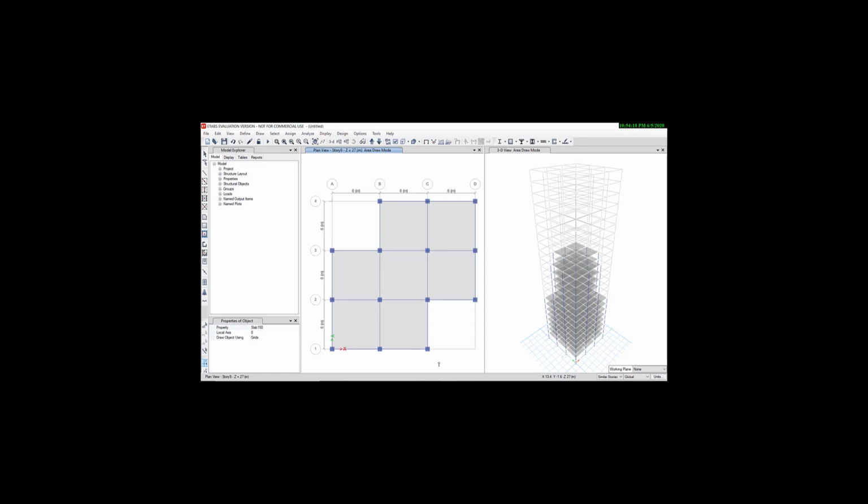Now go on story 15 to 19, select column from here, quick draw column and select column from here to here and here to here, then go on quick draw beam, similar to what we have done in similar story from 1 to 14. Do the same process here and again go on slab.